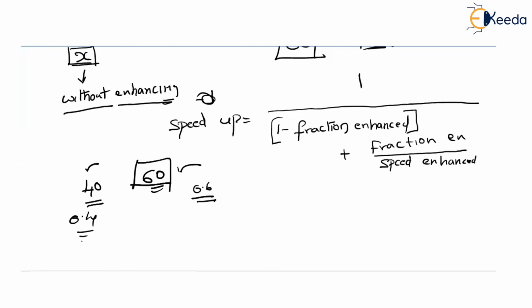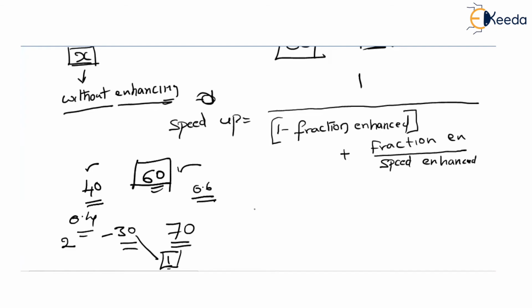Let us say that in a typical example, it is 70-30. 70 cannot be enhanced, 30 can be enhanced. After implementing a few techniques on this 30, the speed up can be doubled. That is, earlier, in order to execute these 30 instructions, it took 2 milliseconds. Now, it just took 1 millisecond after implementing a few techniques. That is, for executing these 30 instructions, the speed up has been doubled.